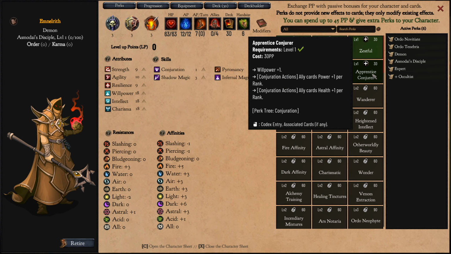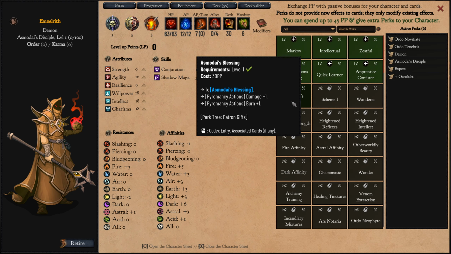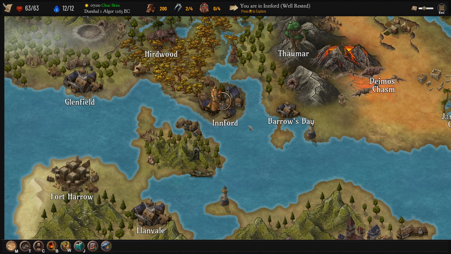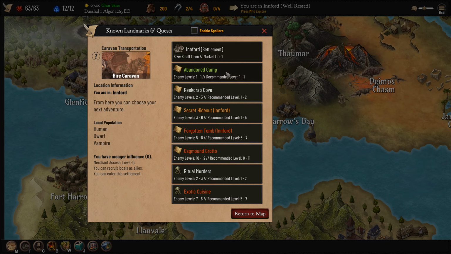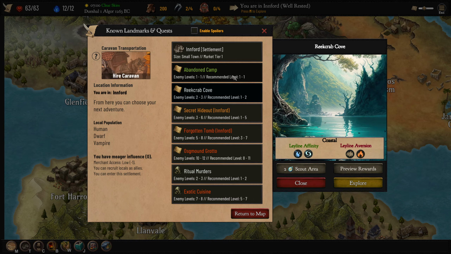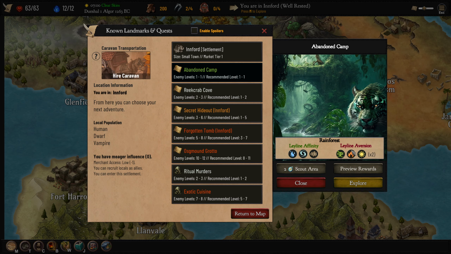And now we're just taking Apprentice Conjurer. That was the plan, right? Yes. So yeah, let's stick with that. And we are going to start with this one. Sadly, as you can see, this is not great because